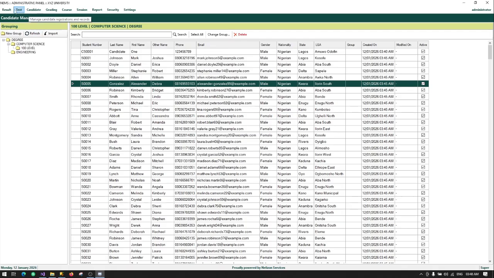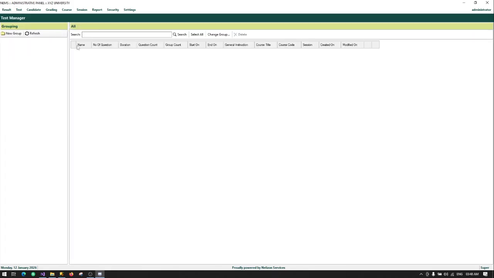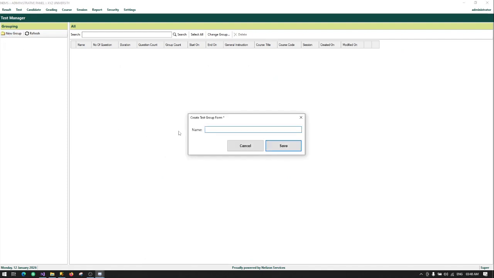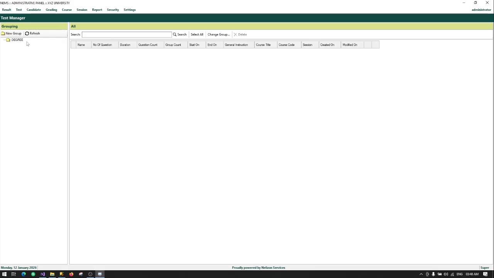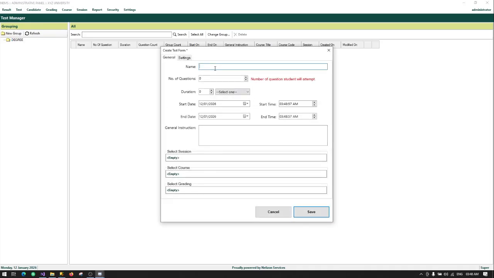The next on the list for this demo is on test. So we have test here. Okay, so now I will need to go to test manager here, and then depending on how you're structuring your folder, you can do that here also. Again, you can have degree, you can create, let me create test here. So for this test, let me call it